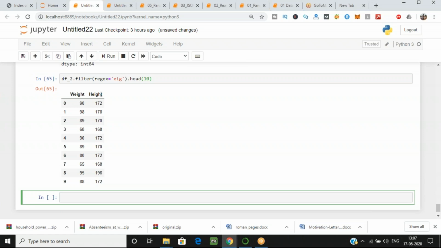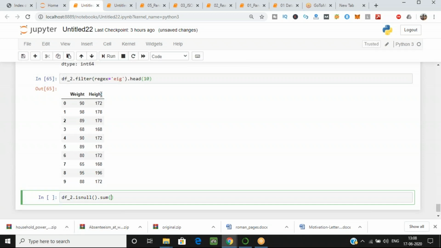Now I want to check, because when you have any database or CSV files or Excel file, first you have to check for machine learning algorithms or data analysis whether it has a null value or not. So let's try it for this database, whether it has a null value or not. We are using the isnull function, and I want to count them also. If there is any null value in some particular column, I want to count how many values a particular column has. So let's run this.